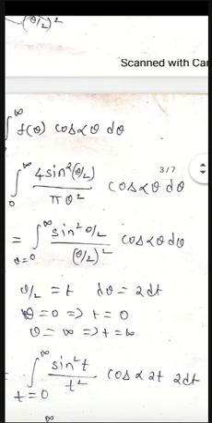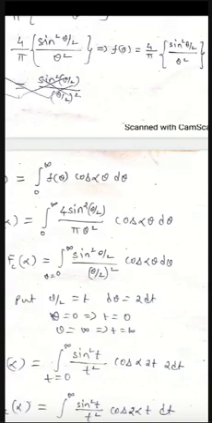I repeat, this 4 comes to the denominator. Whatever we have in the numerator I can write in the denominator as its reciprocal. 4 can be written as 1 by 4 in the denominator, so theta square by 4 it will be. Theta square by 4 can be written as theta by 2 whole square, cos alpha theta as it is, d theta. Now by substitution method we can solve this one and find the integration of this.